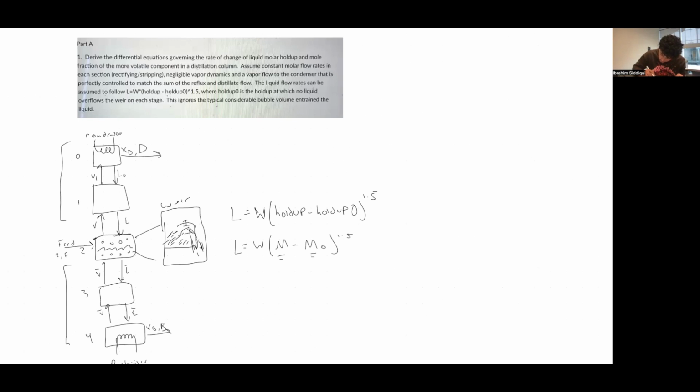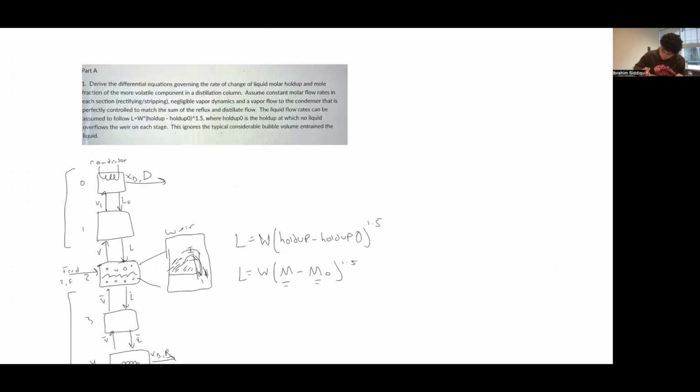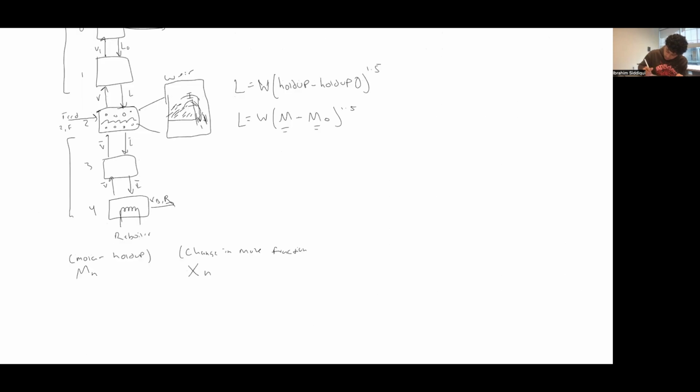Change of liquid molar holdup and mole fraction of the more volatile component. So just denote this as the mole fraction at any stage n of the more volatile component. All right. Okay, so now that we have that labeled,